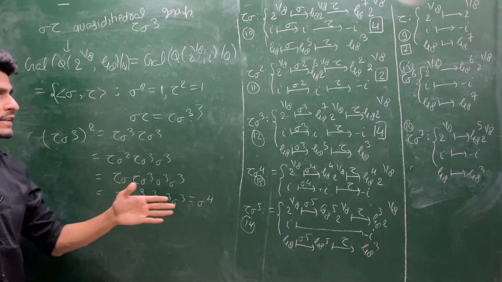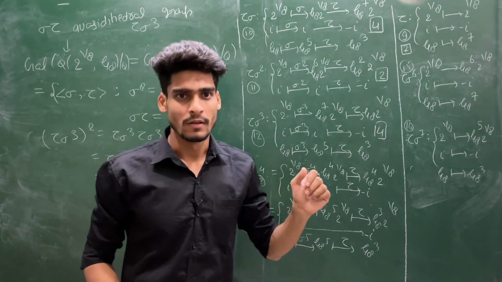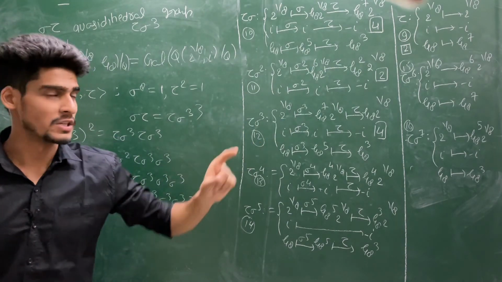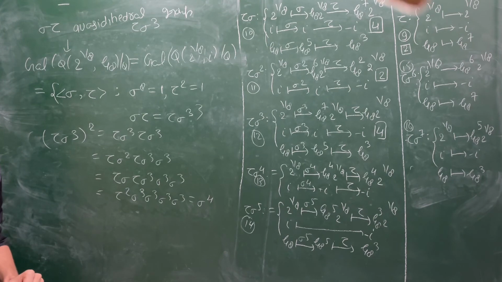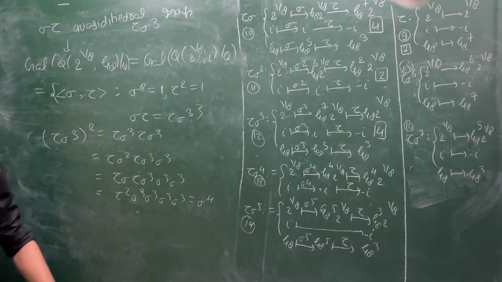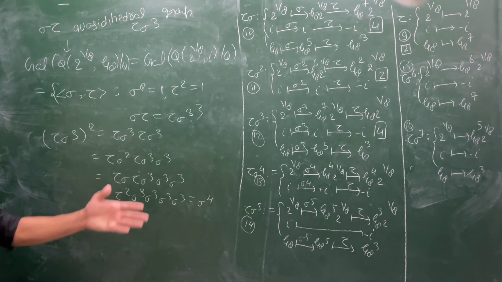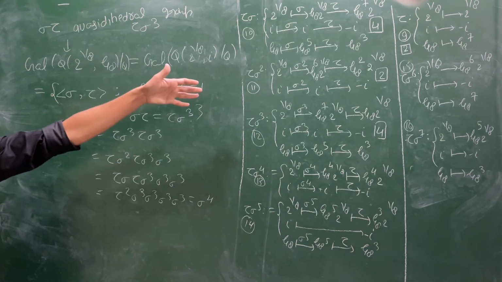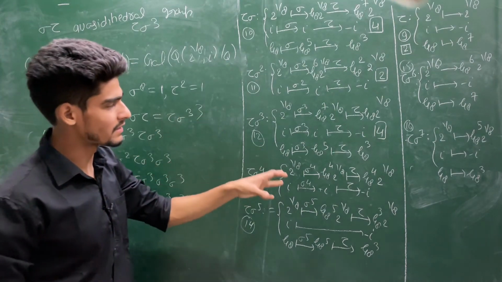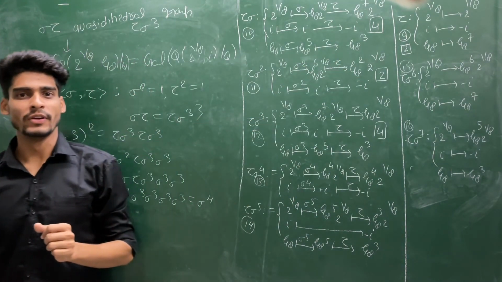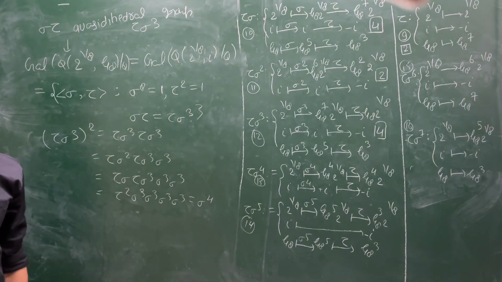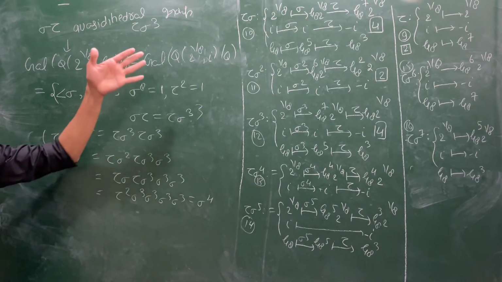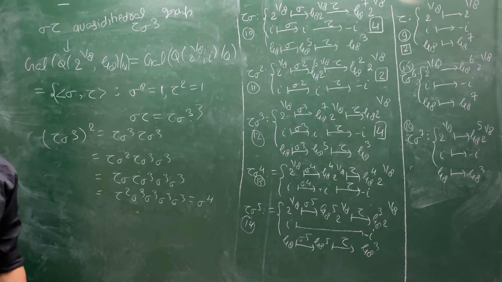This group is a little complicated to study. If you try to find the subfields with respect to the subgroups, first you need to find all the subgroups, but that will be a very complicated task. But if you are interested, you can find them. And if you are interested in finding the subgroups, then you should also try to find the fixed fields, because once you find the fixed field, you can relate this to the fundamental theorem of Galois theory. Then you will have a strong feeling for the Galois extension.